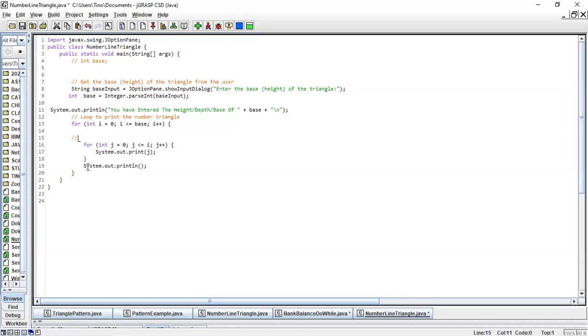But this System.out.println says go to the next line. It will skip from here and go to the next line, for this outer row or outer for loop. Right? So this is where everything is happening here.